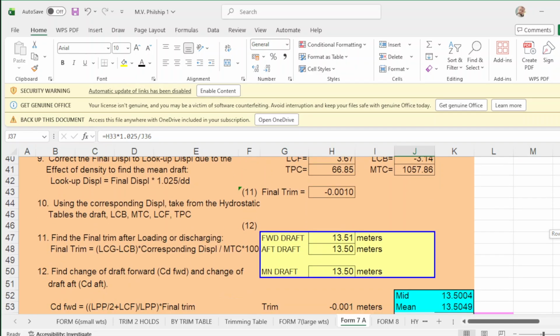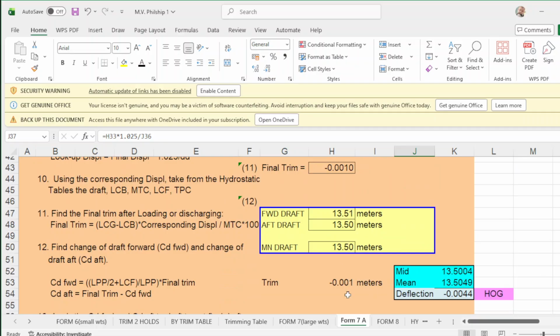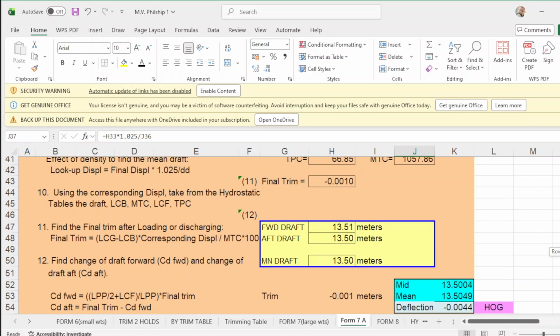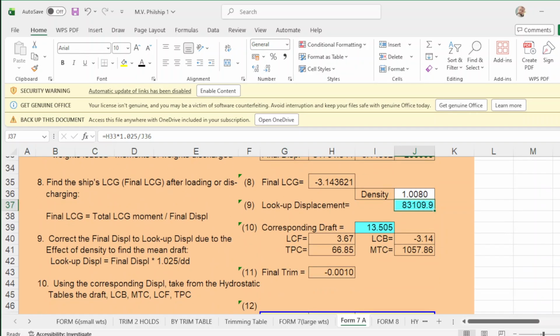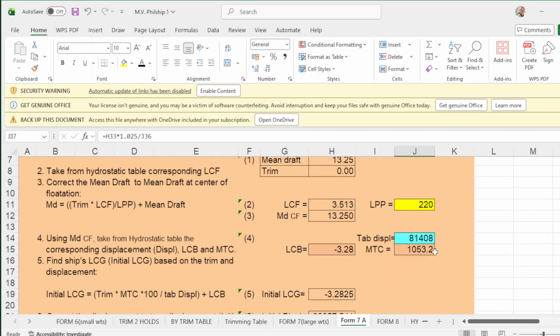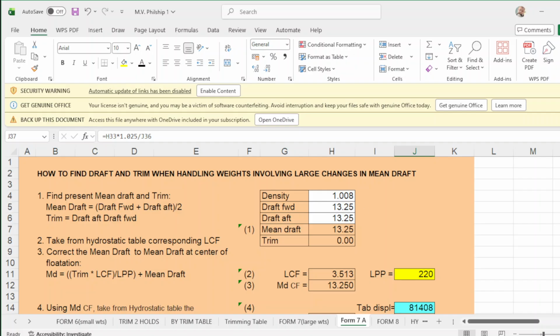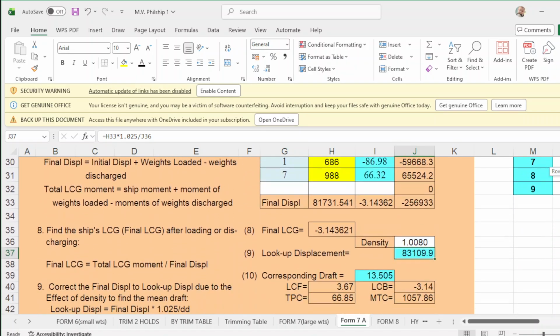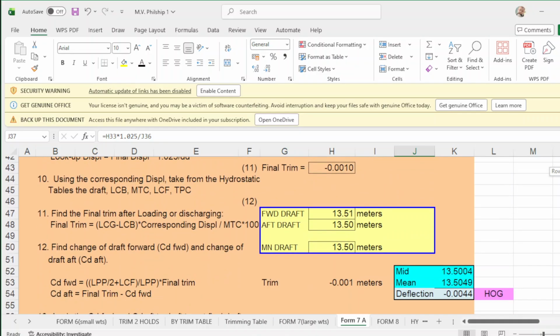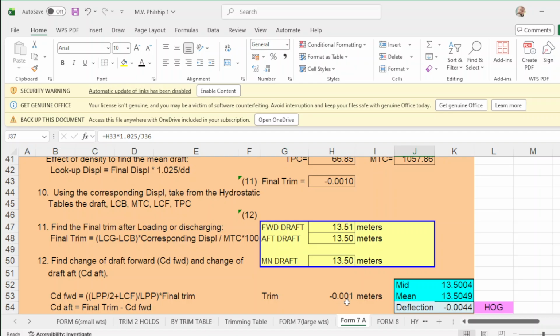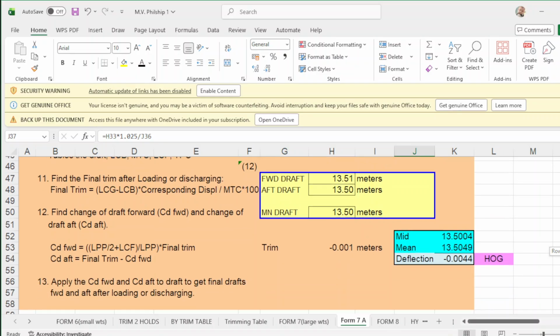Here it is almost the same, just a small trim of 0.001, but actually it will be even keel, 13.5 due to your density. Density is 1.008. This is even keel, and your trim is 0. Your deflection is 0.